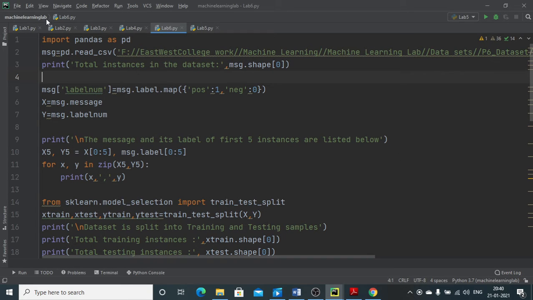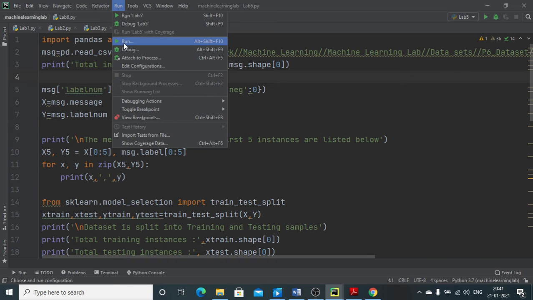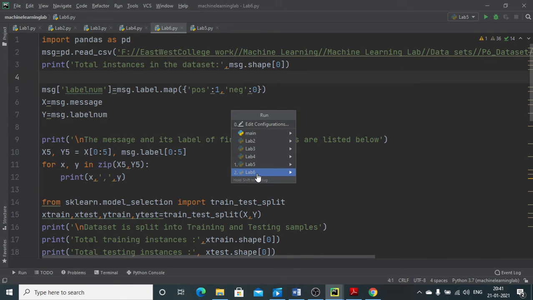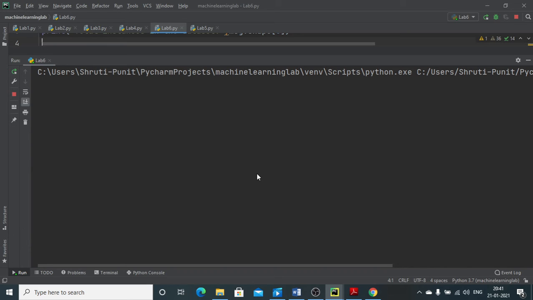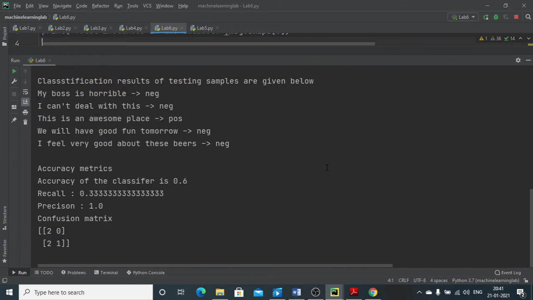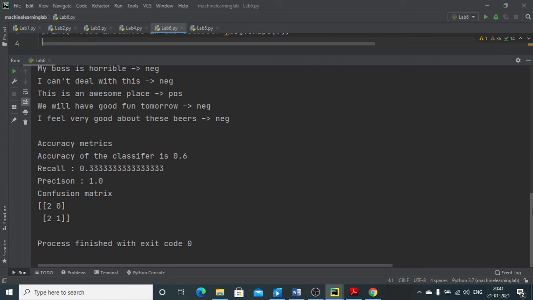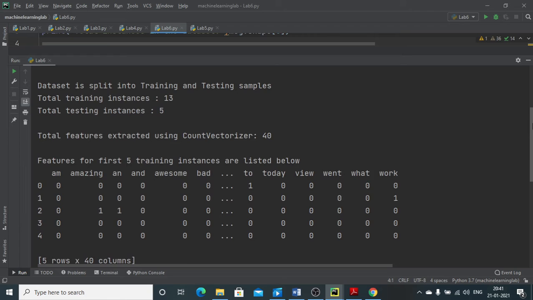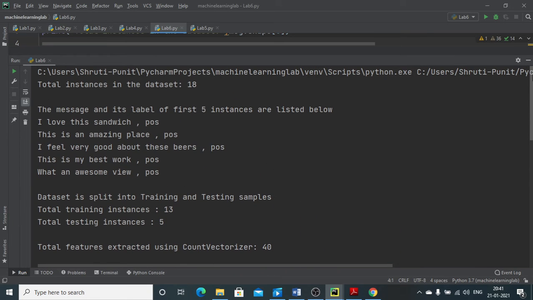Fine, let me run this code. Okay, fine. So here you can see the output.